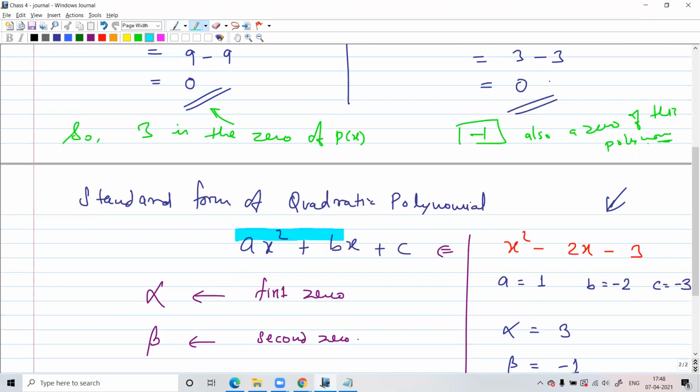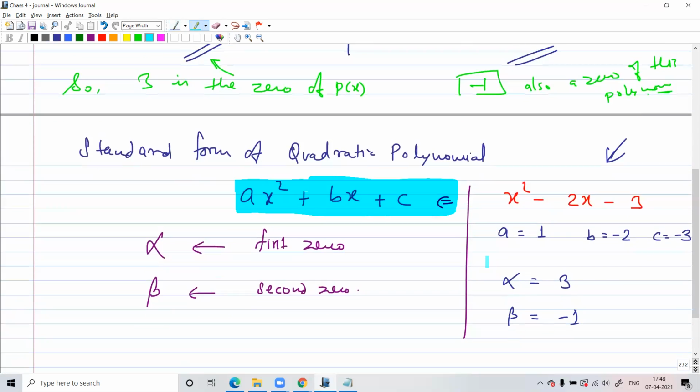what I am talking about here, Midula, this is your quadratic polynomial, right? Yes, sir. I said that a quadratic polynomial can have two zeros because it has a degree of 2, right? Yes, sir. So I'm giving them some names like alpha and beta. So from now on, whenever I say alpha and beta, you will understand that they are the zeros of this quadratic polynomial, alpha and beta. Okay. Alpha can be the first